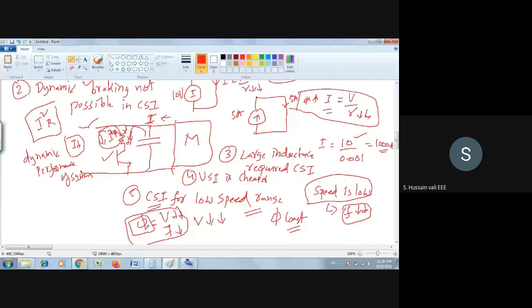Making the flux constant, always remember, the performance is very accurate whenever you make the flux constant. Beyond that, if F is a large value, we have seen you maintain the voltage constant. So V is constant, but F is higher, then what is the flux value? The flux value will reduce, because flux is proportional to V by F. F is higher whereas you maintain voltage constant, then flux becomes weak. So weak flux is there, and the operation is poor. So in case of the voltage source inverter, you maintain the voltage constant, whereas here you maintain the current constant. So you see here yourself.